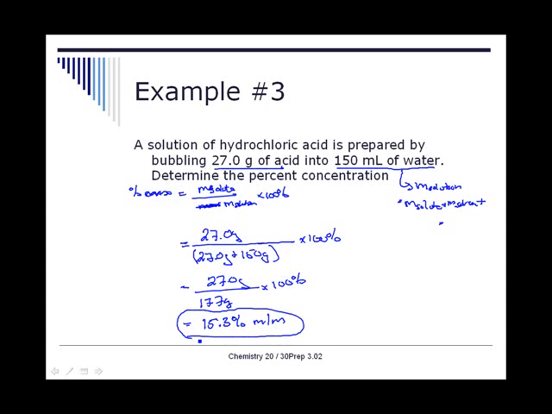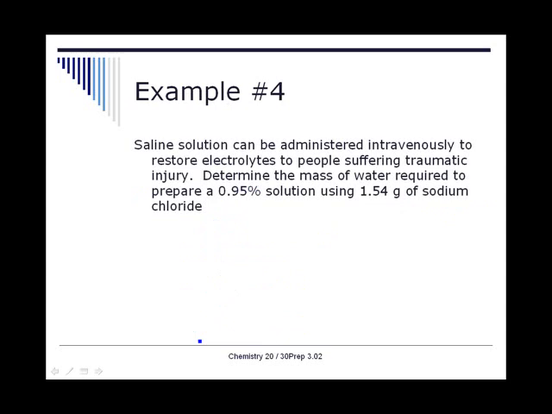So the hardest, I think, or the most difficult part with these questions is making sure you know what your quantities actually are when they're given to you in a question. So here we have a saline solution administered intravenously to restore electrolytes in people suffering from traumatic injury. We're going to determine the mass of water required to prepare a 0.95% solution using 1.54 grams of sodium chloride. So here we're looking for a mass of water, or what we're really looking for, it's not the mass of the solution, but actually the mass of